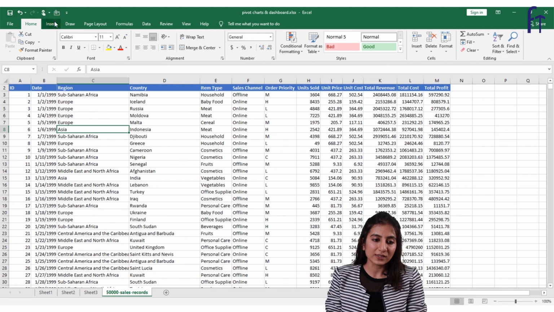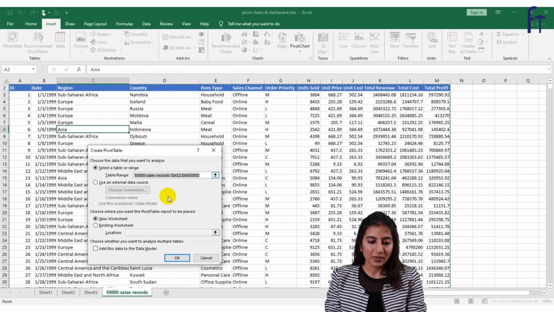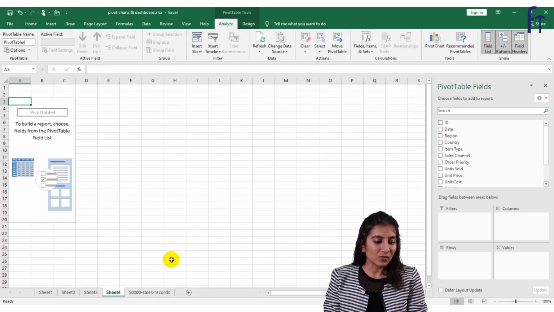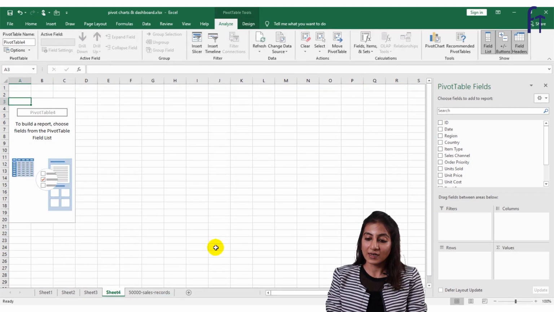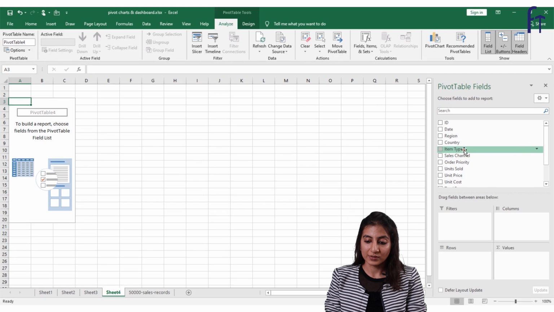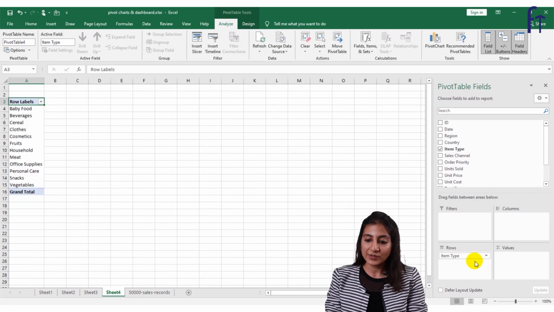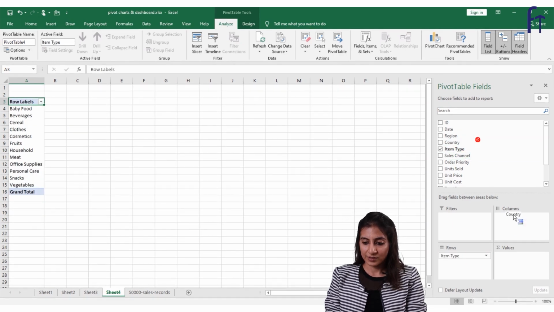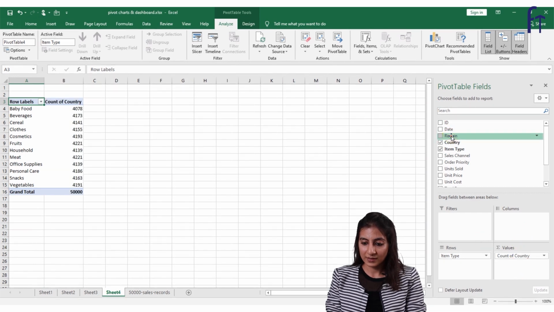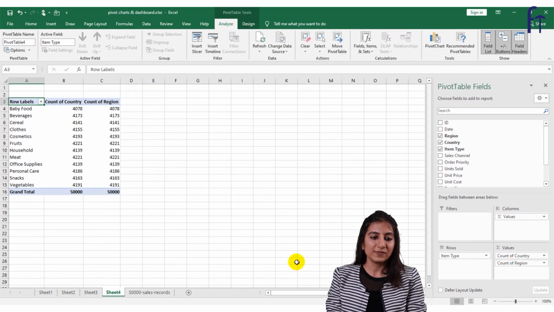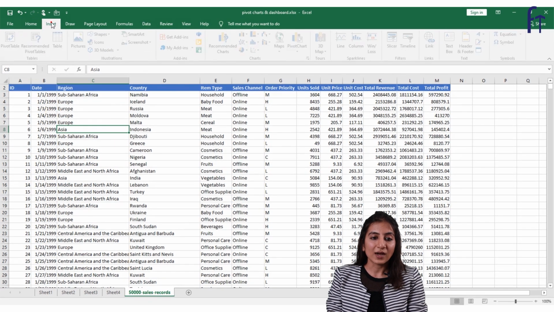Again, I can go insert, pivot table, new worksheet. In this, I want item type, and I am using this time the count. So item type and the count of the country and the region. So country and the region. See, in which country and which region we have sold which items. That way we can get the count of the country and the region. Again, I'll go over here, insert another pivot table,